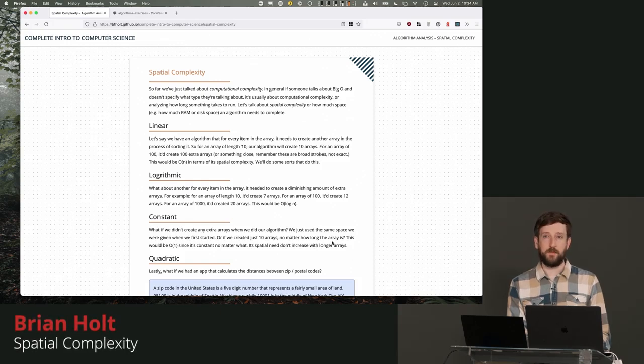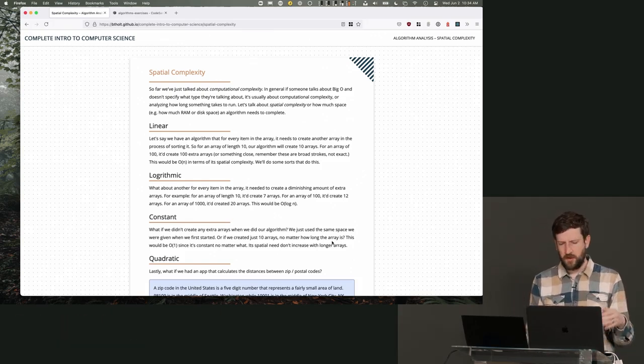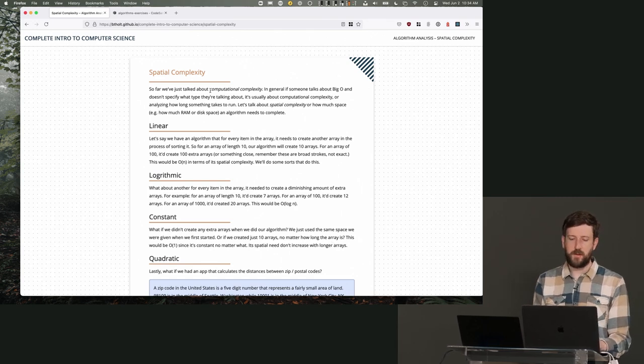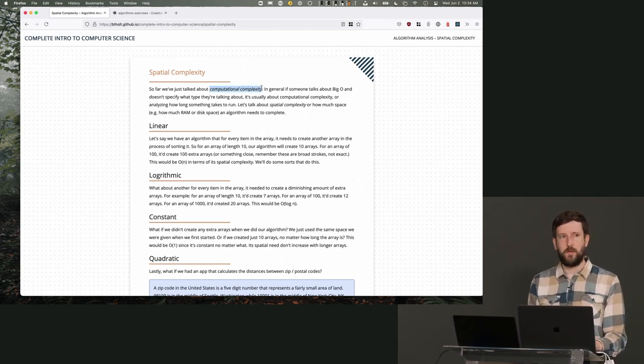Notice I was talking about time for the most part, right? Or computational complexity. I think for the most part, I call it in this class computational complexity. But I think it's actually probably referred to more as time complexity. But you can kind of more or less tie those things together. They're not totally the same, but for the sake of this course, they are totally the same.